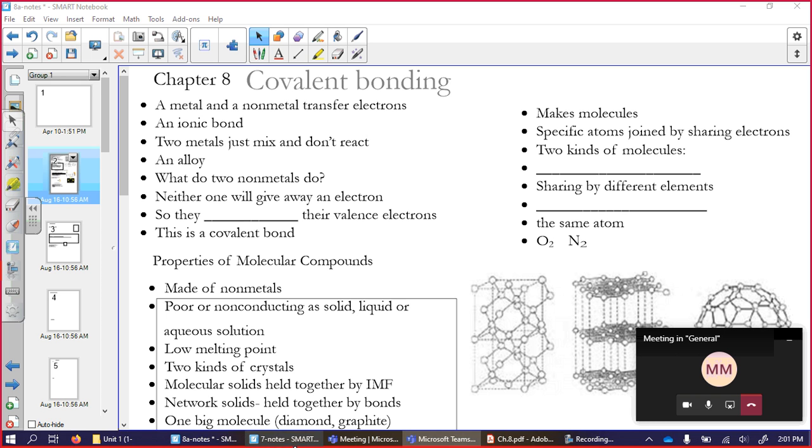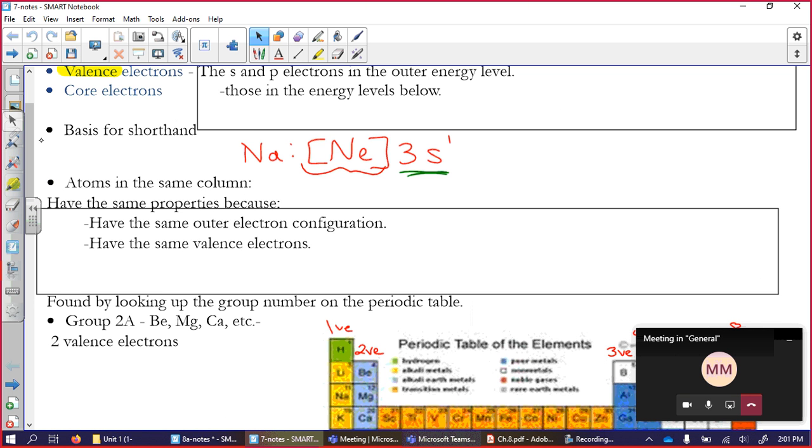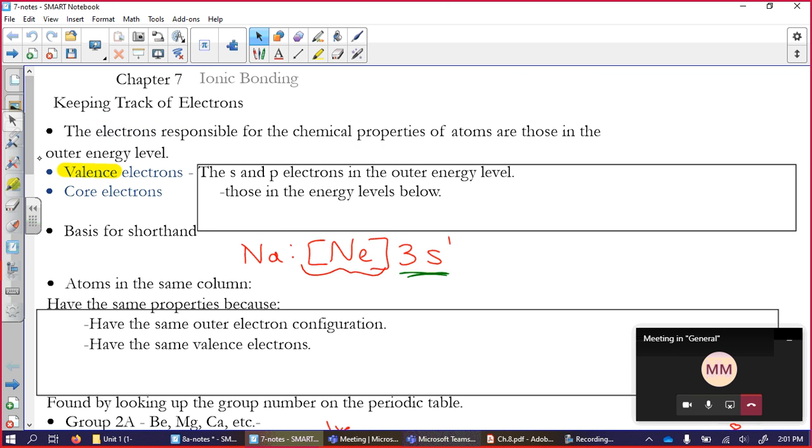All right. I just want to go back a little bit. It's been a month, so some of the stuff from chapter 7 is important. Today we'll do a bunch of stuff, and just to remind everybody, this is what we're talking about. So when we go back to chapter 7,